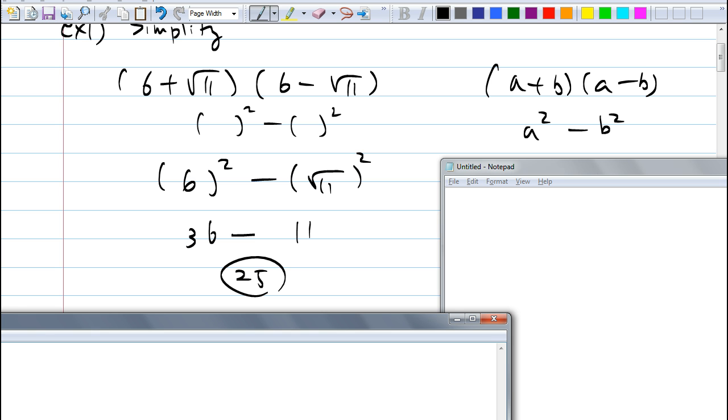Now, if I forgot this pattern, if I don't remember this difference of squares, could I have multiplied 6 times 6, 6 times rad 11, rad 11 times 6, and rad 11 times negative rad 11? Could I have done that? Do I get the same answer? Yeah. Okay, now, guys, when we do our homework tonight, and not just homework, but when we